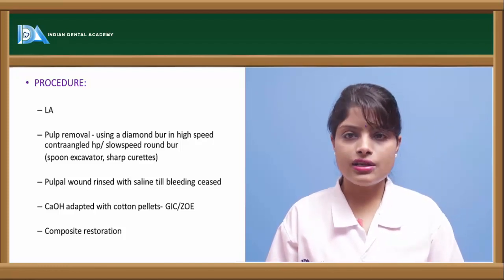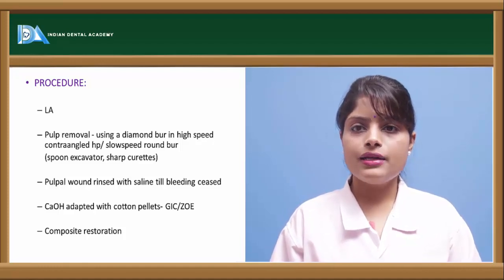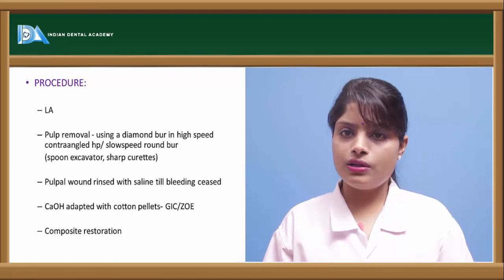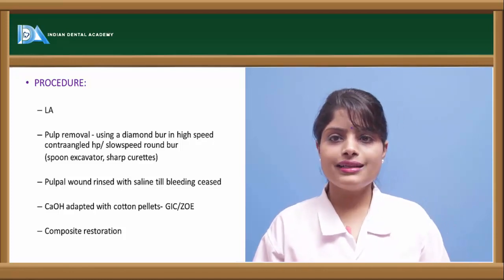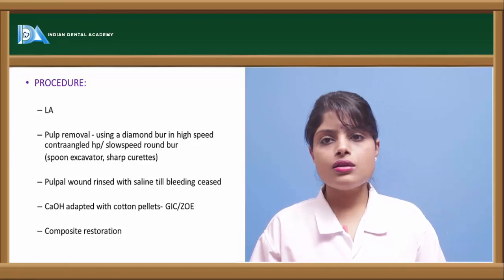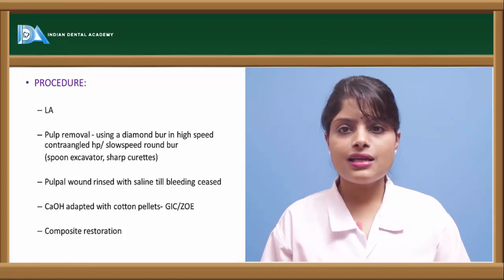The wound is rinsed till the bleeding is stopped. Then a pellet of formocresol is applied over the pulp stumps, and finally it is removed after 4 minutes, and calcium hydroxide or zinc oxide eugenol is adapted in the coronal pulp chamber, which is further restored by the glass ionomer cement